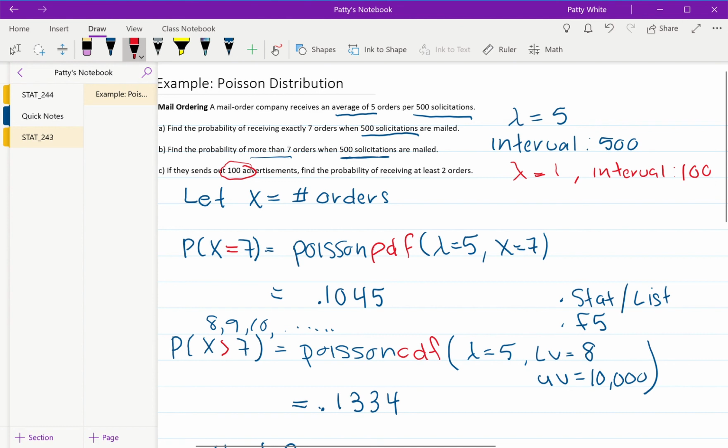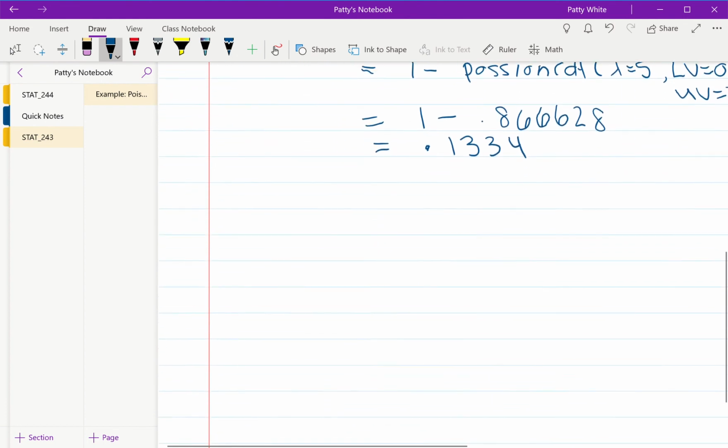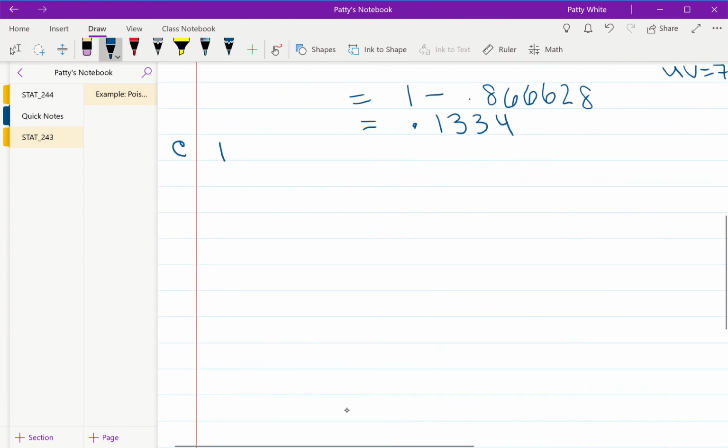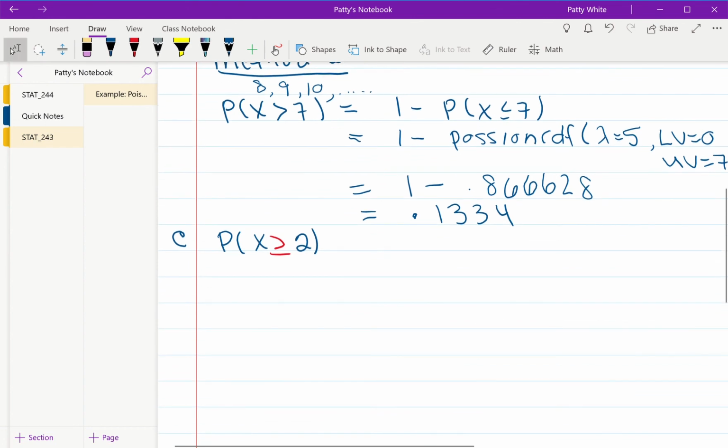And now I'm looking at the probability that x is at least 2. So if I go down and look at C, C would be the probability that x is greater than or equal to 2. And again, I can use either one of the methods that I used in part B, right? I could either estimate the upper value with a large number or use my complement rule. Either one is fine. So I'm going to say this is equal to the Poisson